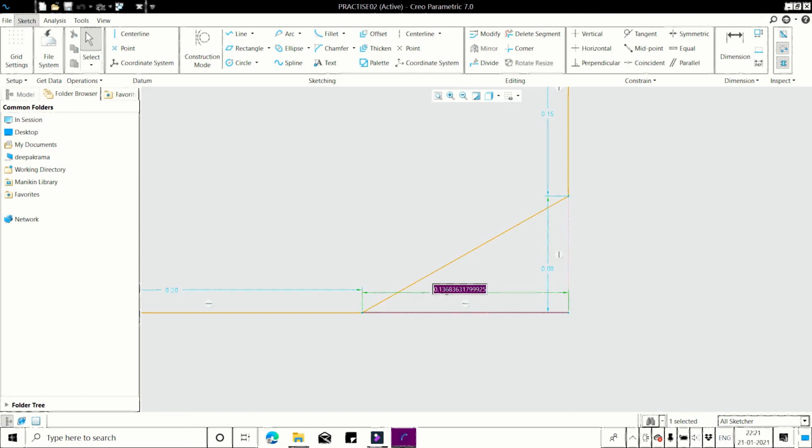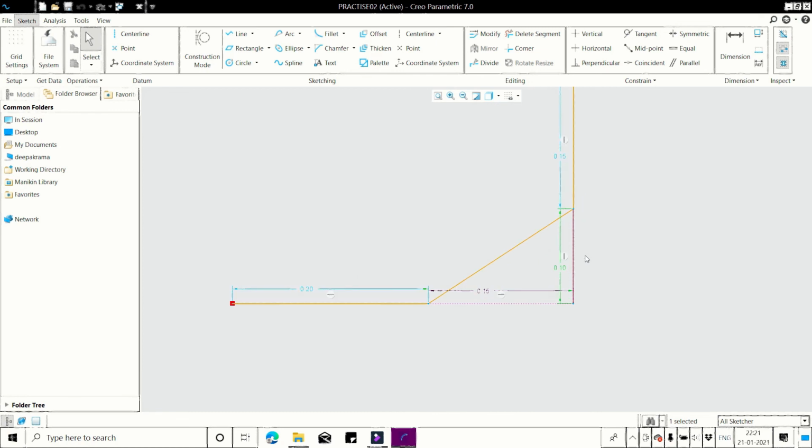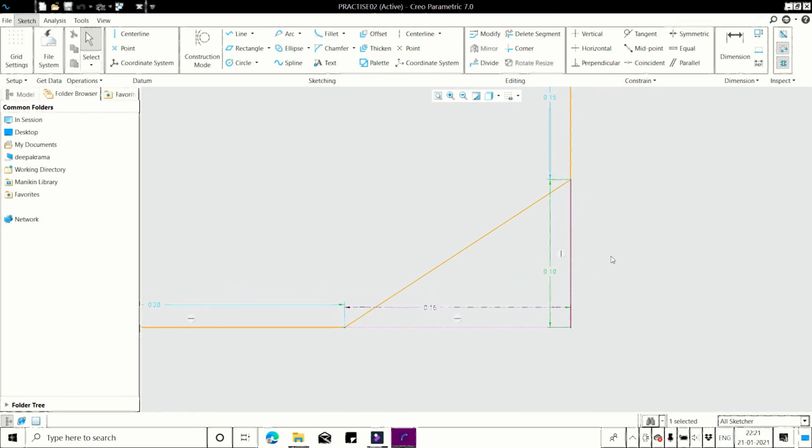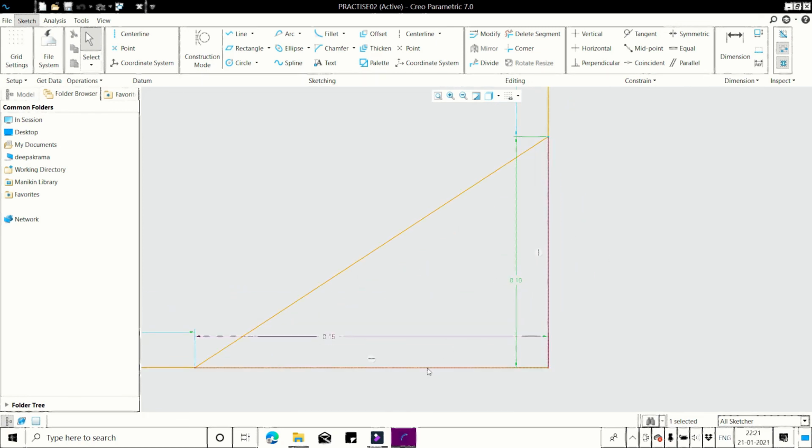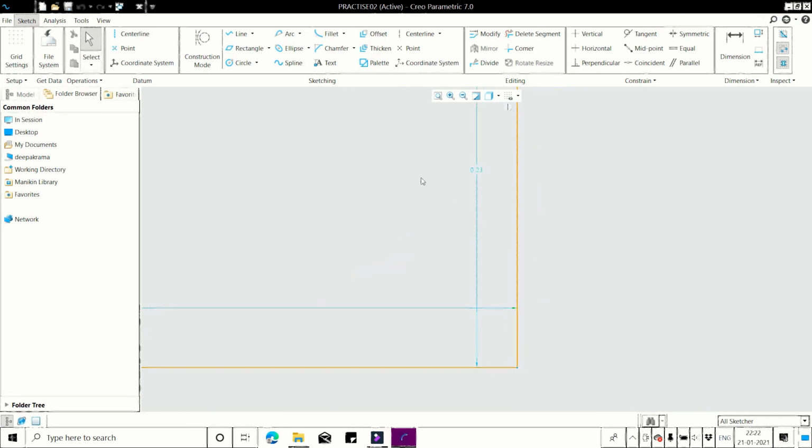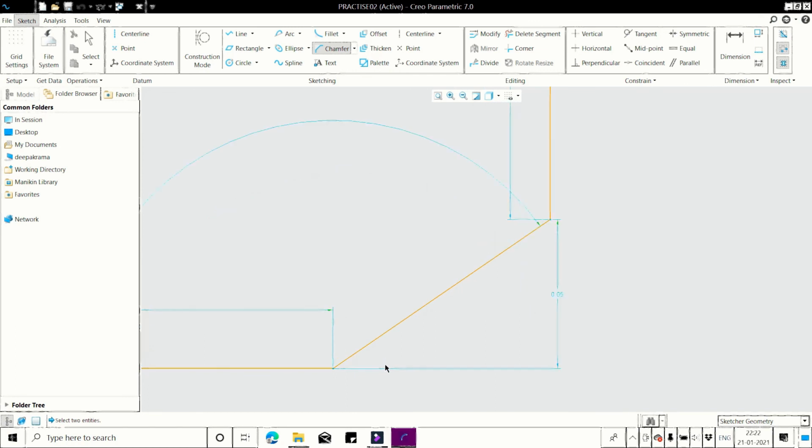Set the width and height of the chamfer. 0.15 versus 0.1. See how the chamfer is created. Chamfer trim: same.